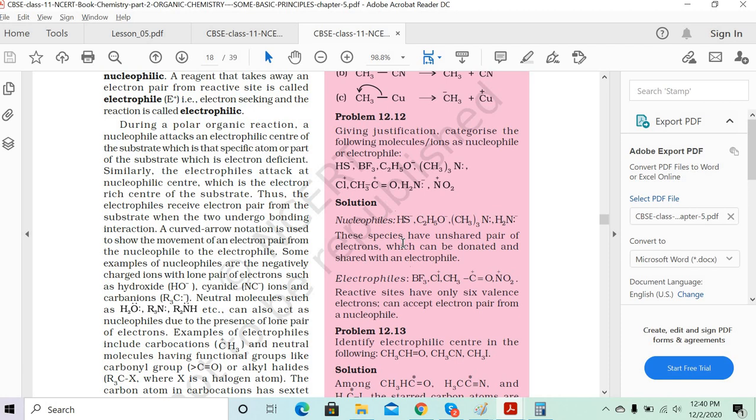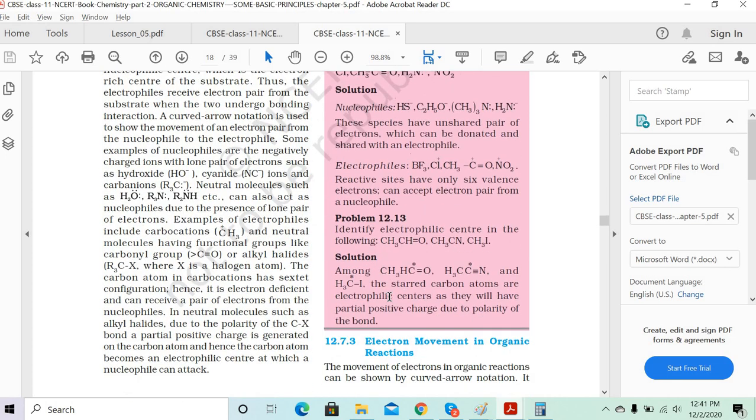So it is going to attack from the nitrogen side, because it wants the electrons. The plus sign means it has no electrons right now. It has given one electron to somebody, so it needs one electron. That's why it can attack the nucleus which has more electrons. Is it clear now?